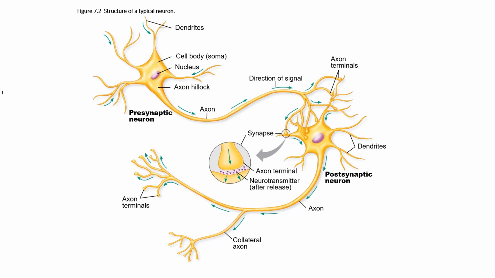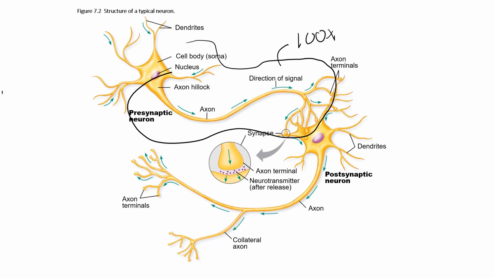So for those of you that didn't watch the review lecture, the point at which we are at is we say the presynaptic neuron, or neuron number 1, has fired at a high enough frequency, we'll say 100 times per second, to release enough neurotransmitter onto the postsynaptic neuron, neuron number 2, to open up enough ligand-gated channels, or frequency at which the ligand-gated channels open up, some combination of those two things, to allow enough sodium in